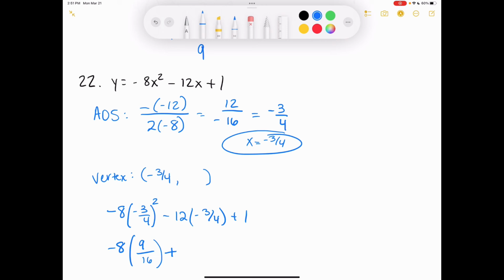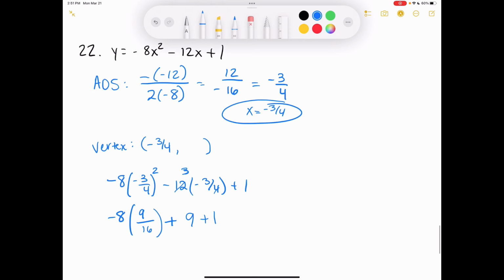This 4 can go into 12 3 times. So 3 times 3 is 9. And then plus 1 at the end. So then now, I've got 8 and I've got 16. 8 can go into 16 2 times. So I'm going to cross this out, cross that out, make that a 2. So now that negative sign's still there. So it's negative 9 over 2